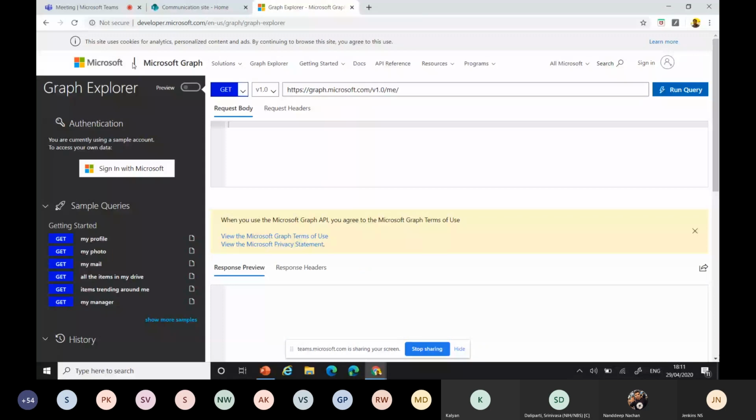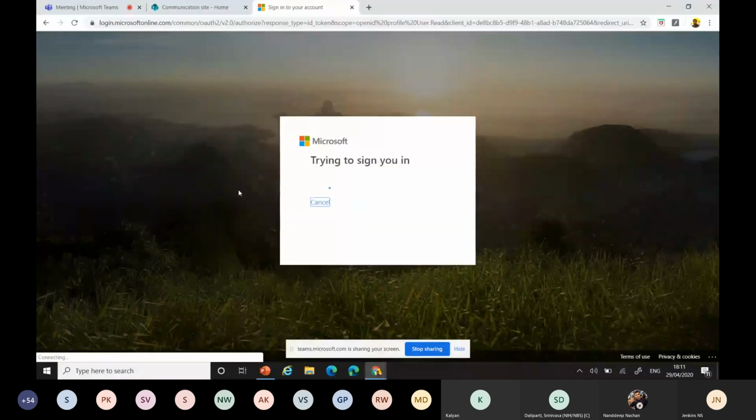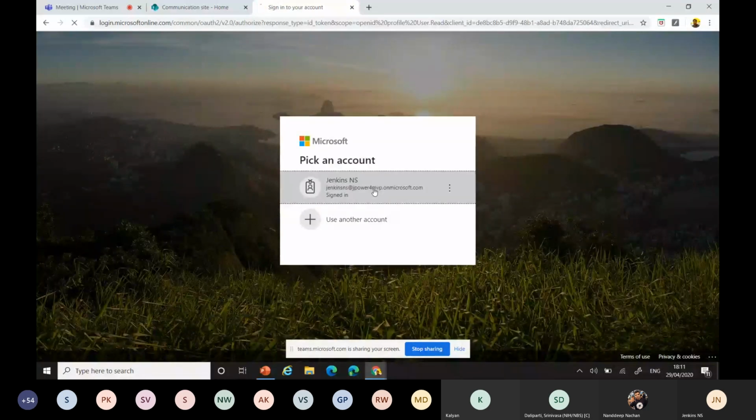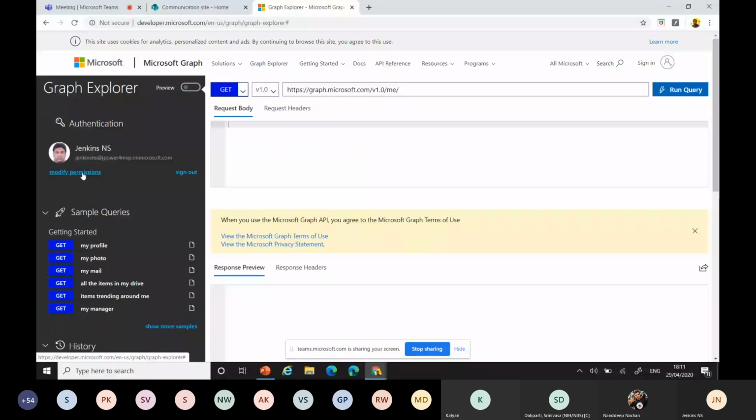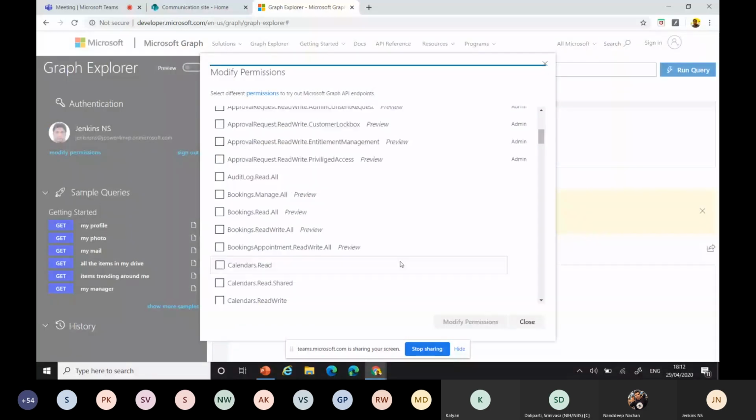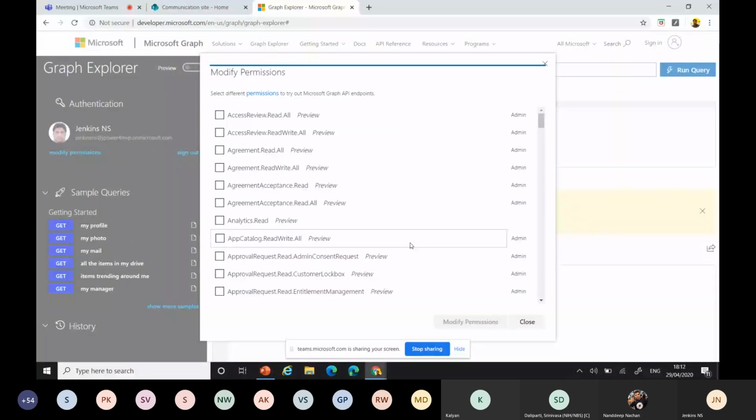That's why you can log in wherever you are using it. On the left-hand side you can see Sign in with Microsoft. Just sign in with your credentials from Office 365. Once signed in, you can set the permissions. These are the permissions that come from there. There are a lot of permissions, and we need to understand first which one is for which API. Then only will you know how to grant permission to the corresponding APIs.